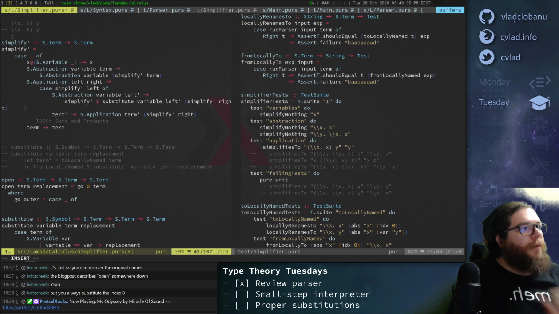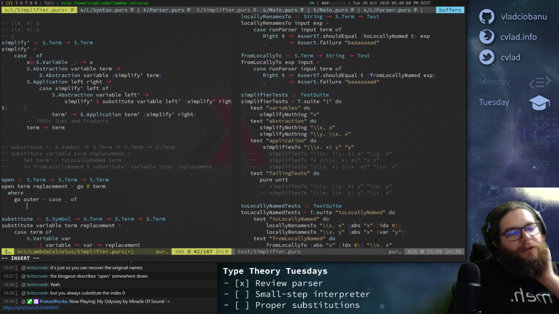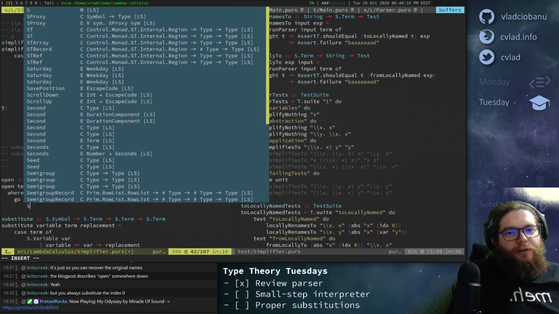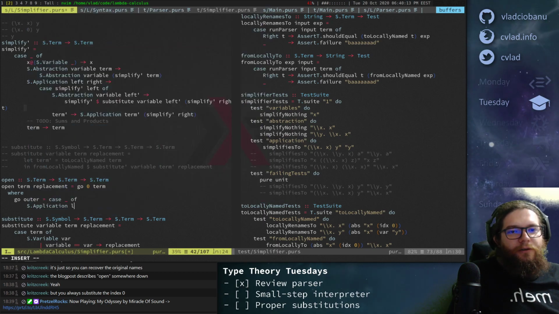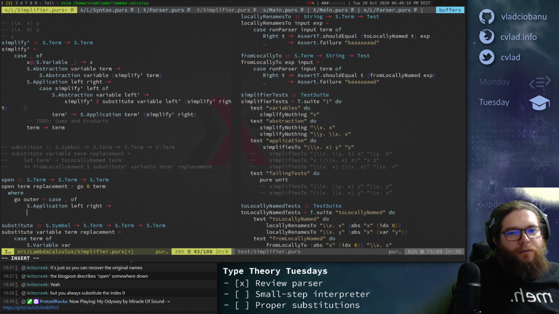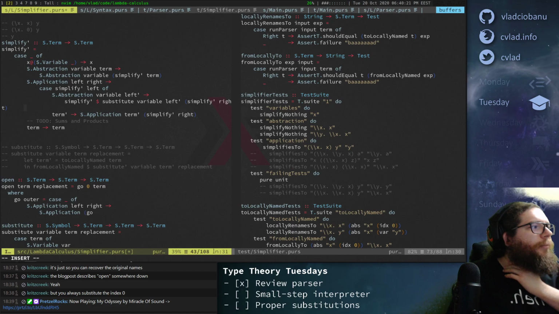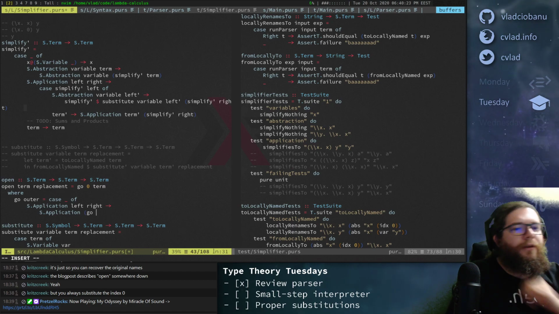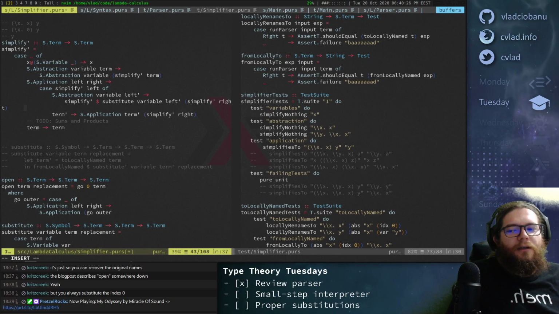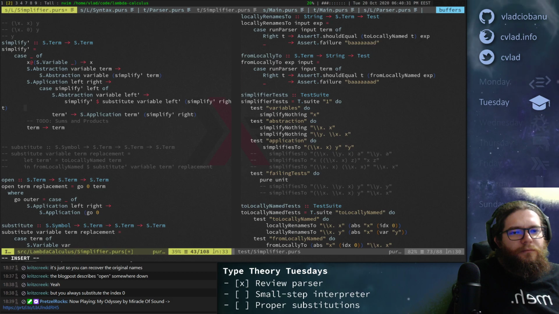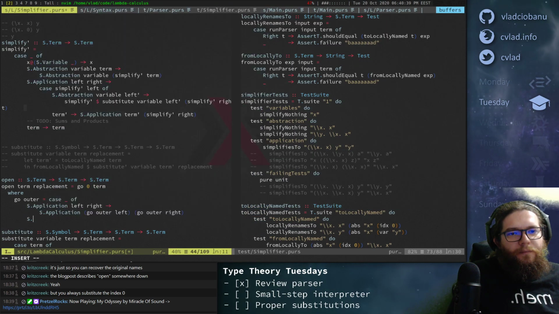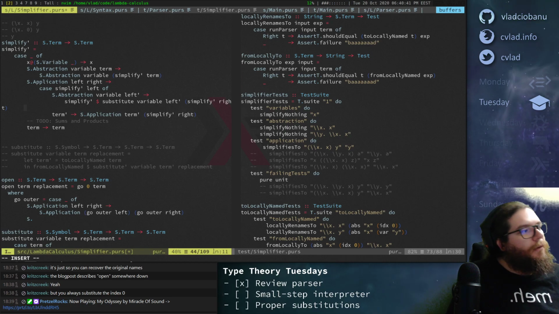Okay, so what's the interesting case here? I guess the least interesting is this. We have an application of left and right, and we just do, we +1 on application? I don't think so, right? That's just like a number for, wait, not 0, it's outer. Okay. Oh no, it's